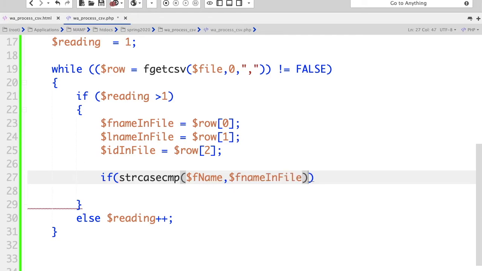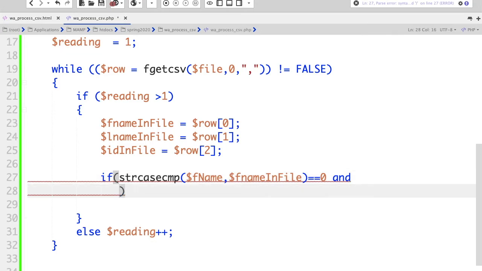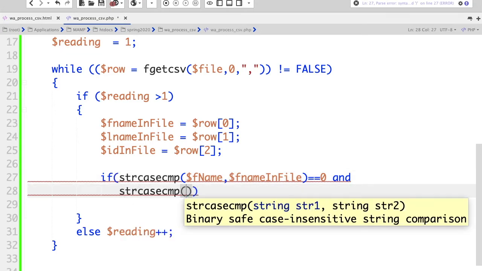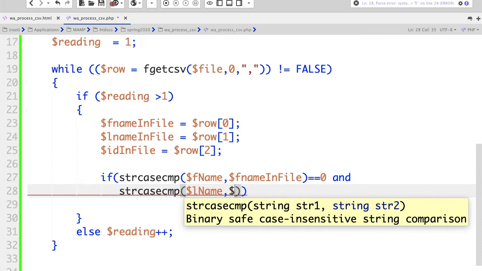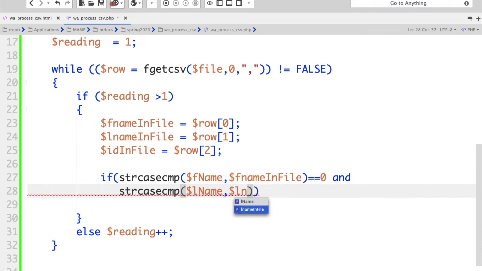If the string result equals 0, and let's use just and here. Go down here, string case compare $last_name, comma, $last_name_in_file. If that is equal, two equal signs, to 0, and the third and last one,